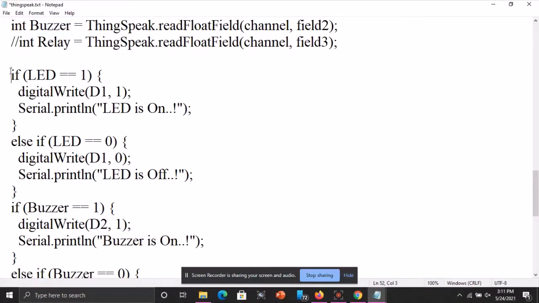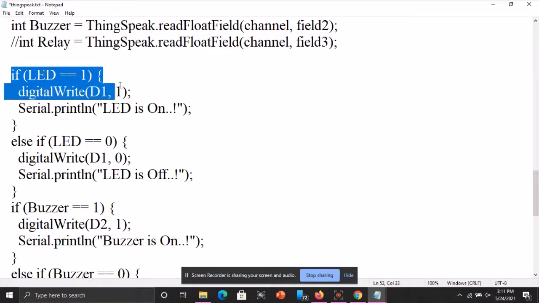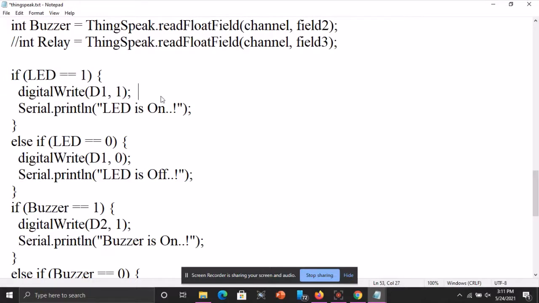If the LED equals 1, then digitalWrite D1 comma 1, we can write HIGH also. So the LED is on now.